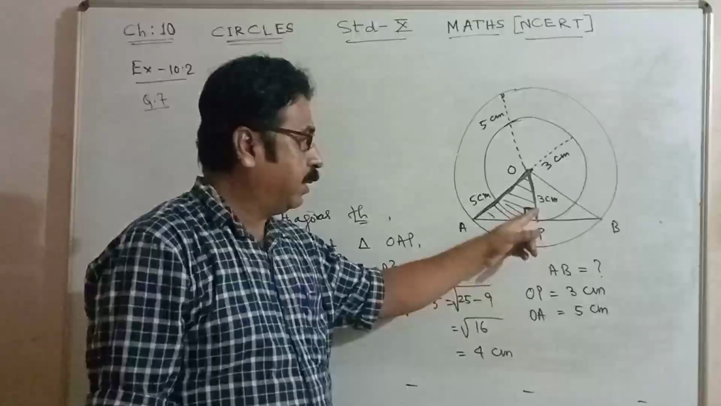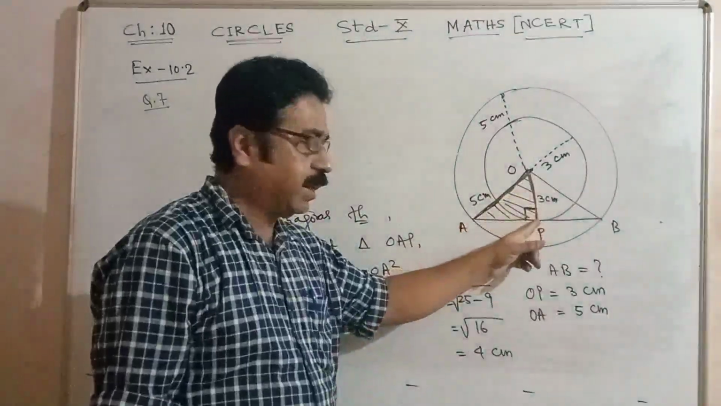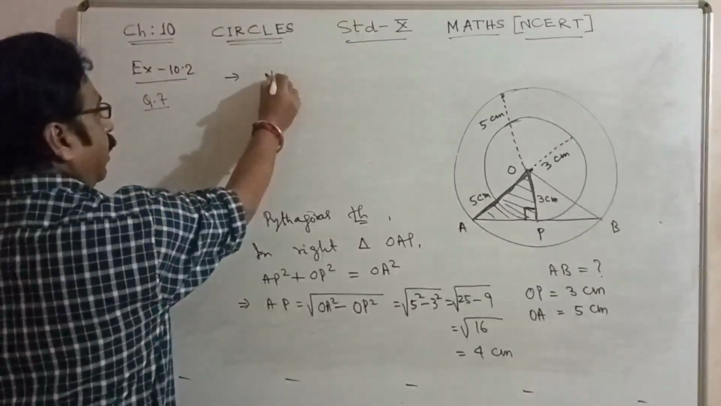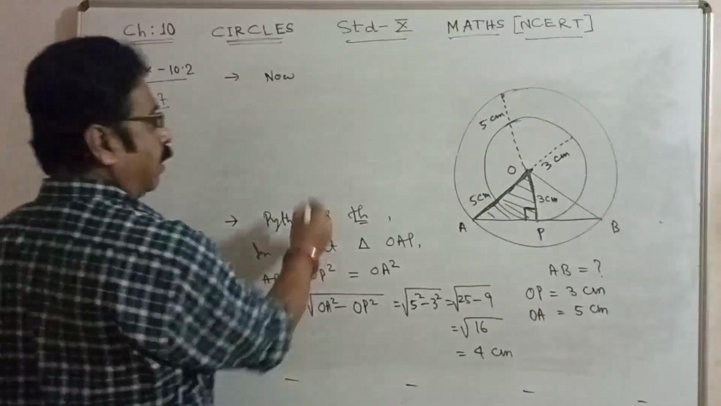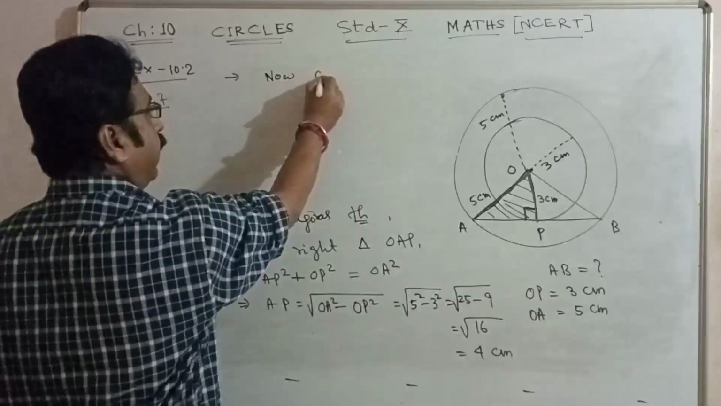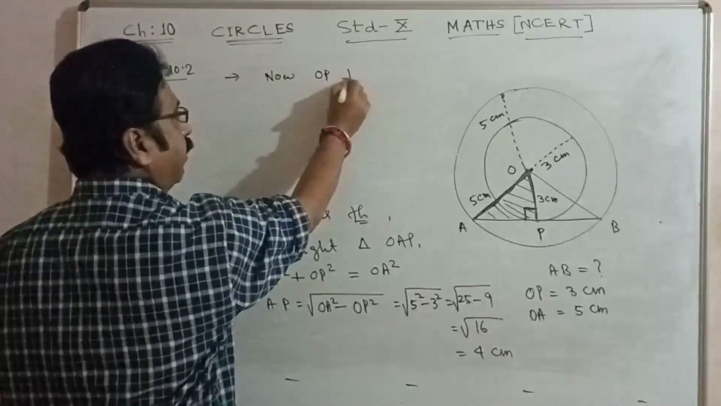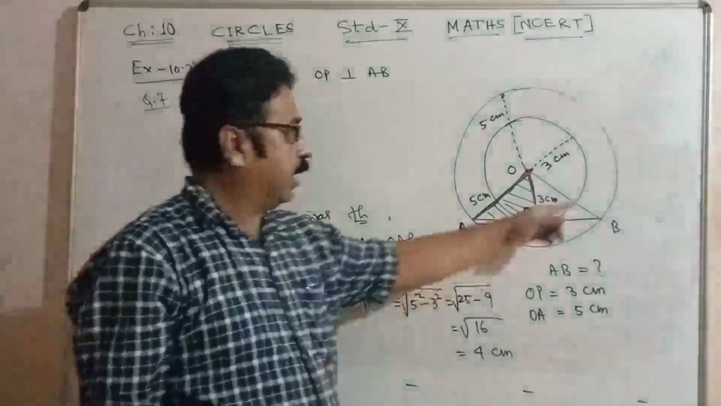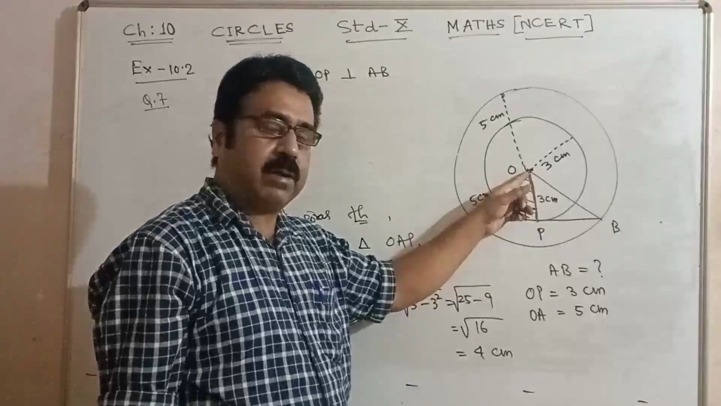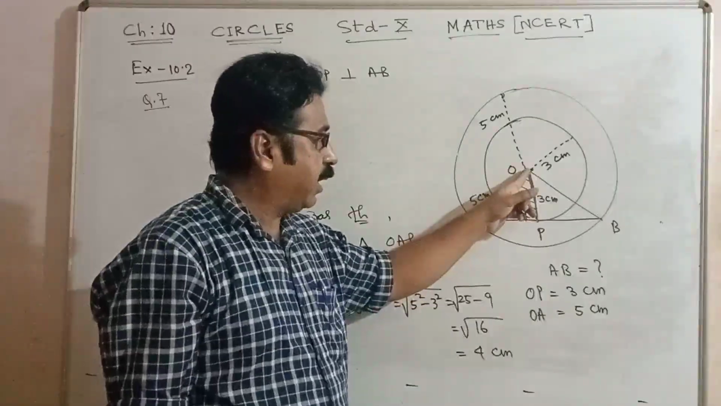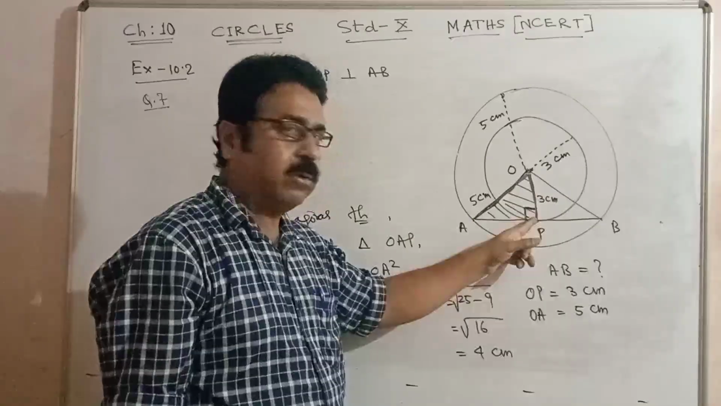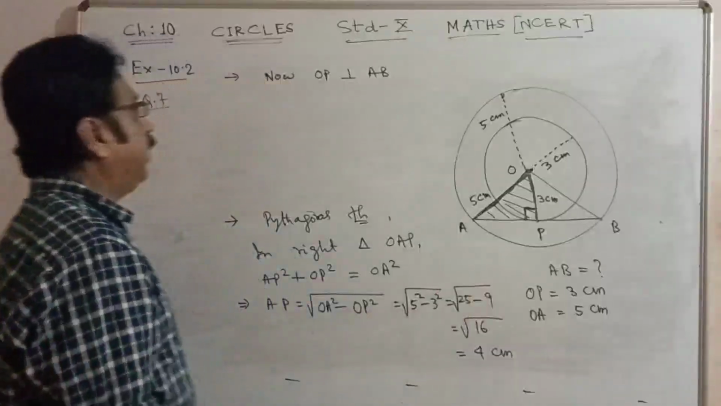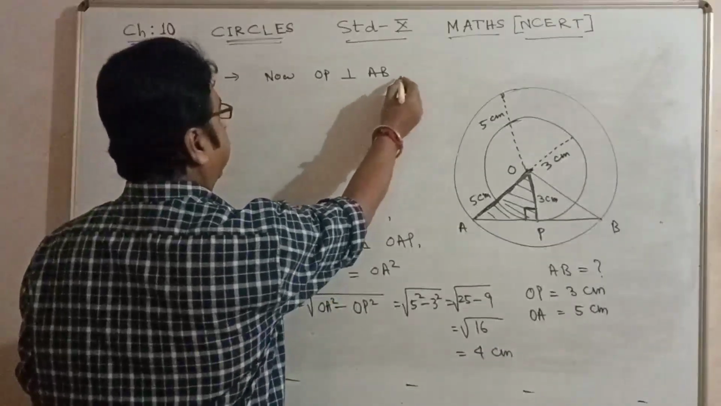OP is perpendicular drawn from center bisects the chord. Now, OP is perpendicular to AB for the larger circle. Also O is the center of this larger circle. We are drawing a perpendicular from the center O to the chord AB. AB is the chord of the larger circle. OP is perpendicular to AB, and